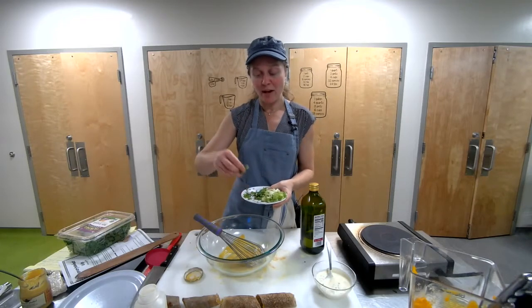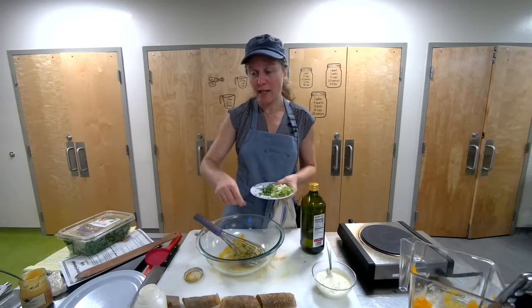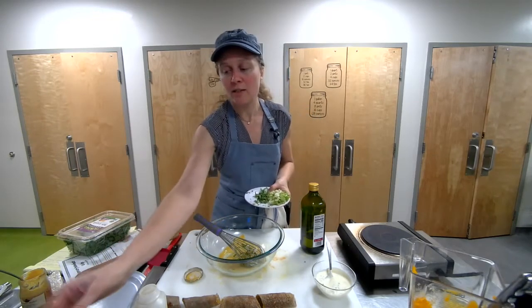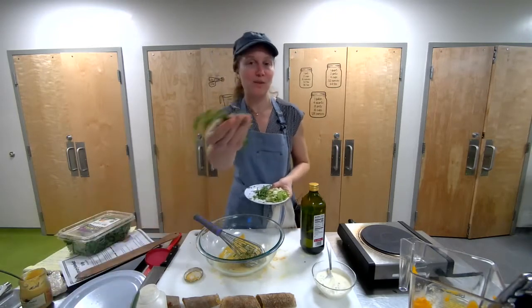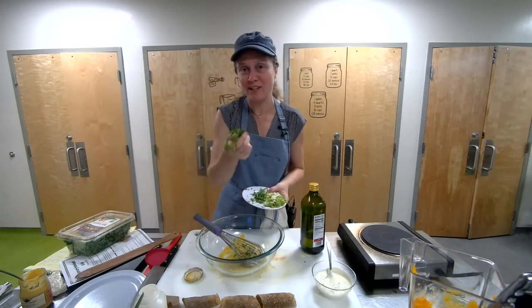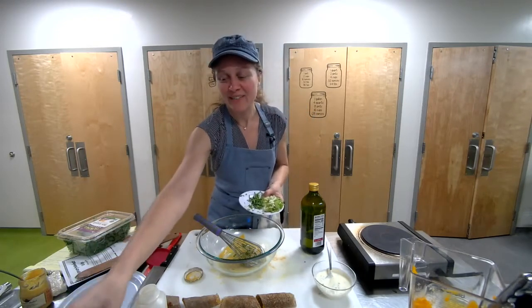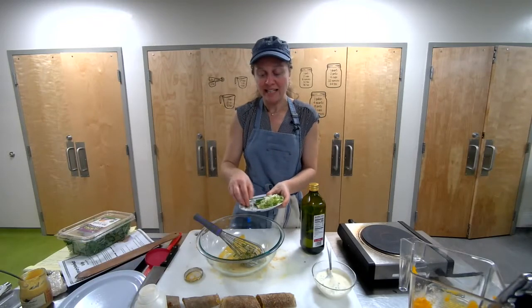And so I've just minced some tarragon here, which is wonderful, and it's so typically French that as soon as you smell it or taste it in something, it just sort of brings you back to any French meal. That's something that I always enjoyed having in France. And then some chives,